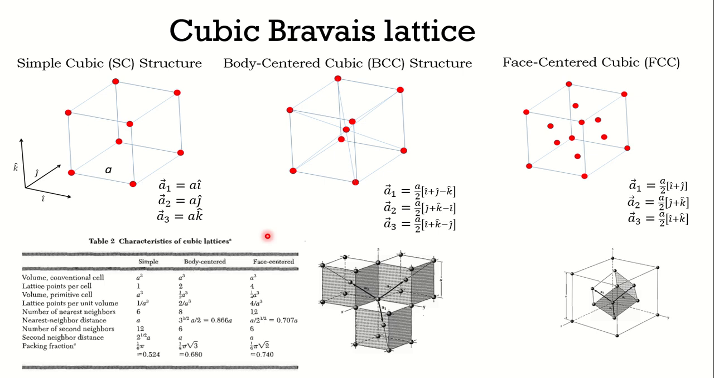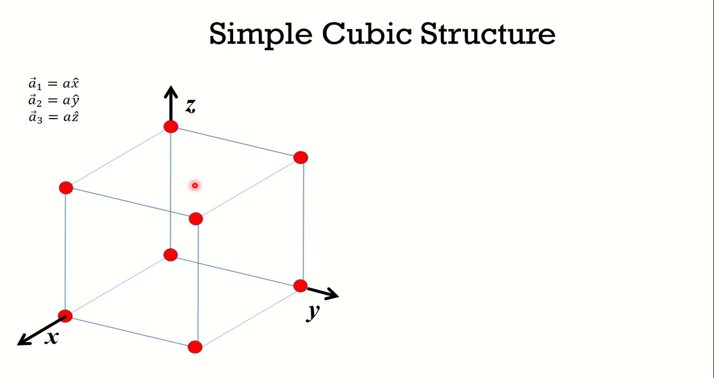So these are the basics of simple cubic, body centered and face centered. We will discuss this structure in detail. So this is the simple cubic structure. Now, there are 8 points. However, if I consider each of these points,